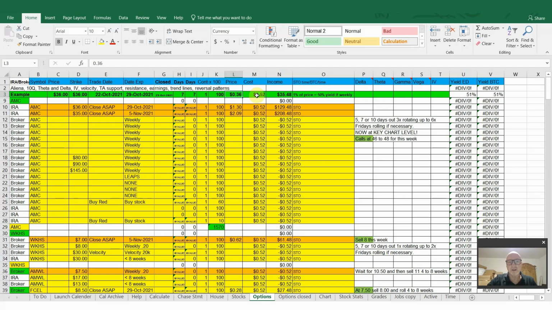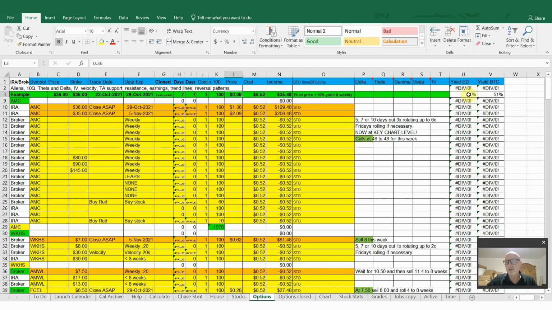The cost for me may vary for some people. Maybe it's $1, maybe it's 10 cents. I don't know what Robinhood charges or anybody else, but E-Trade charges me 51 cents, and then there's a penny that has to go to the exchange. So that's the cost: 52 cents for me to trade this one contract, which is 100 shares of AMC at a strike price of 36. If I get 36 cents for the contract, my income is